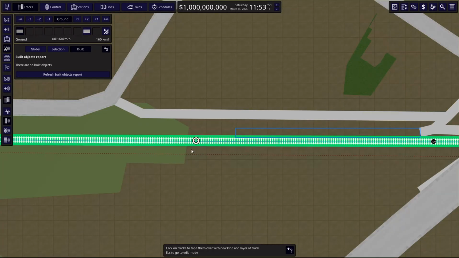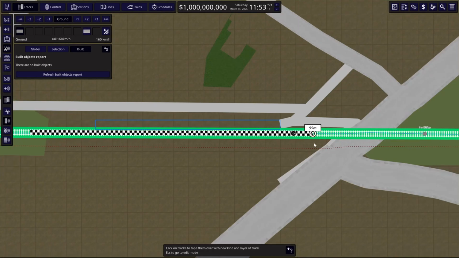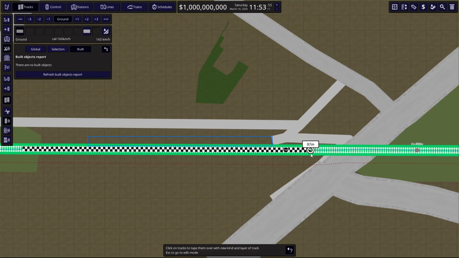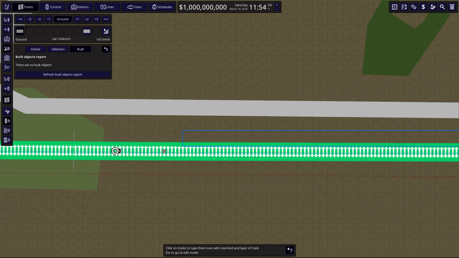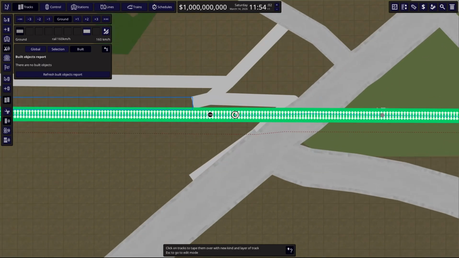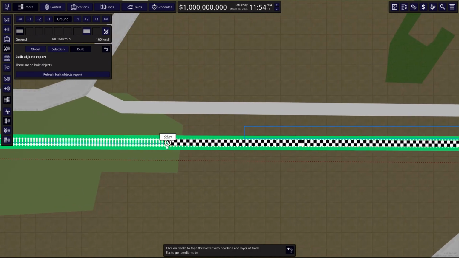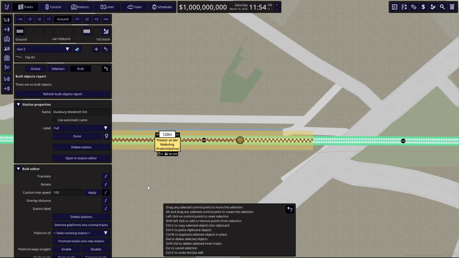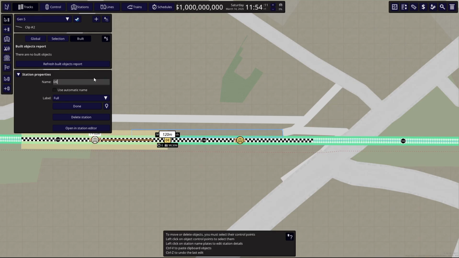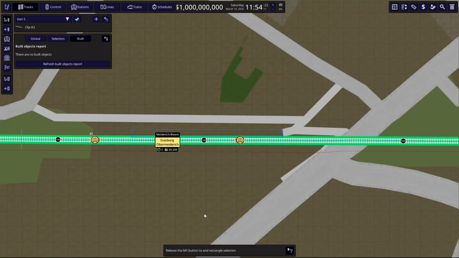Now we will do the same thing with here. So this platform is not long enough. Here's a road. So if you want to respect that road, we just go to here and then go to 120 in the other direction. So Duisburg Obermeiderich. So,